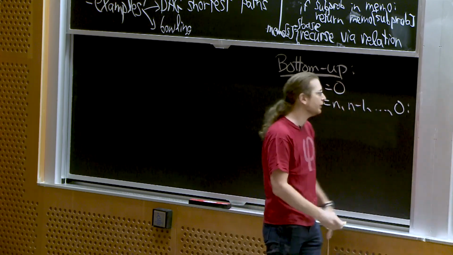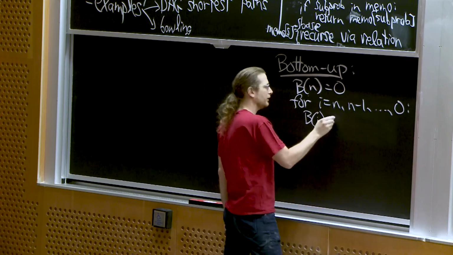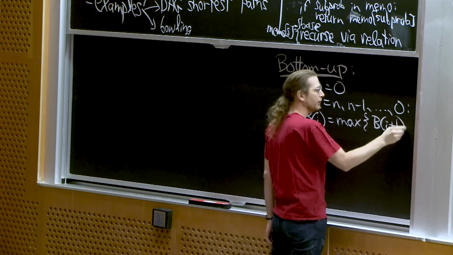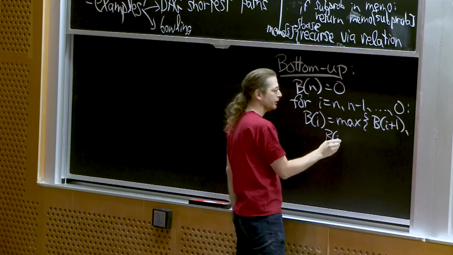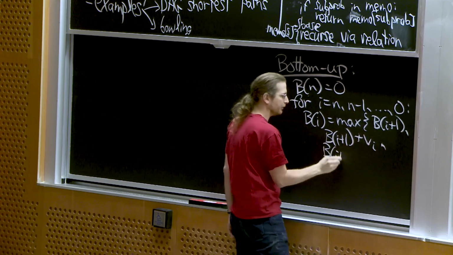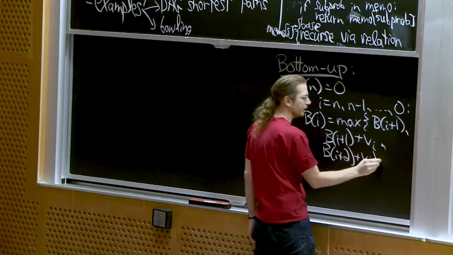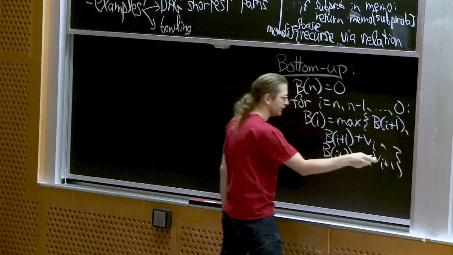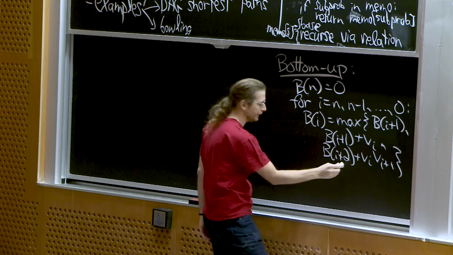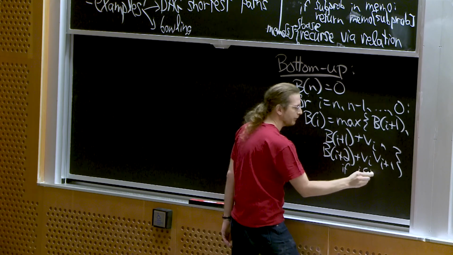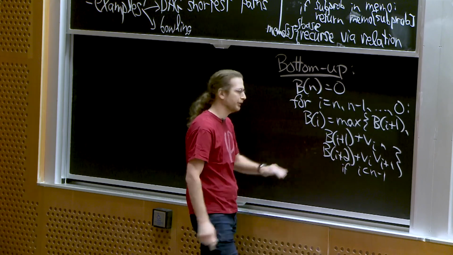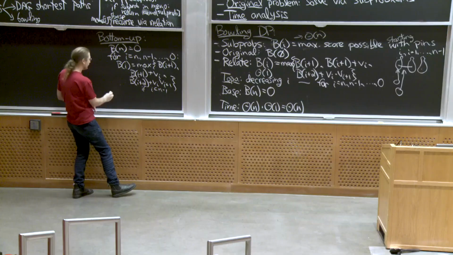Now I'm going to do the relation: b of i equals max of b of i plus 1, and b of i plus 1 plus v_i, and b of i plus 2 plus v_i plus 1. Technically, this only works if i is strictly less than n minus 1. So I should have an if i is less than n minus 1 for that last part, because I can only hit 2 pins if there's at least 2 pins left. And then return